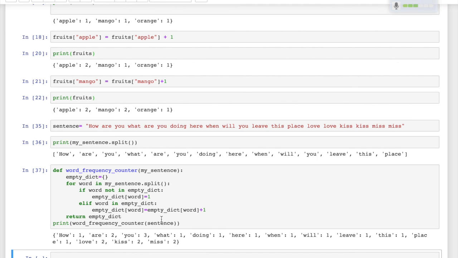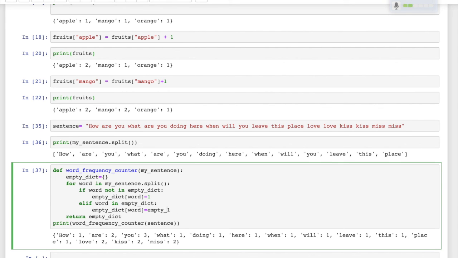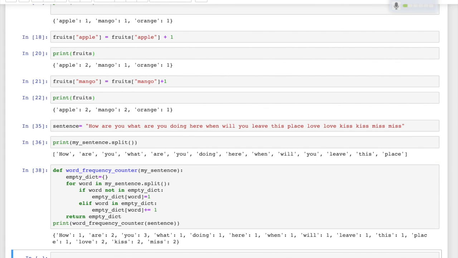Okay, now here you can change it. See, there is another way to represent and write this. Okay, see, better you can write like this. Still it is correct.